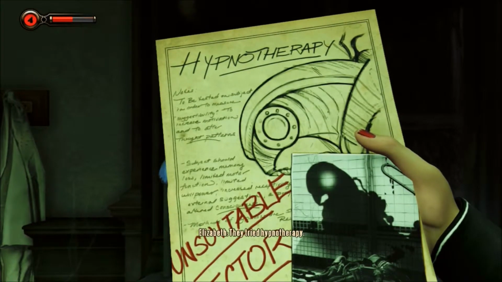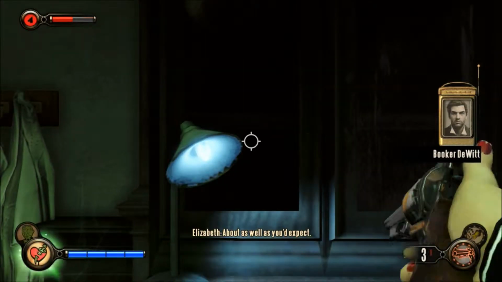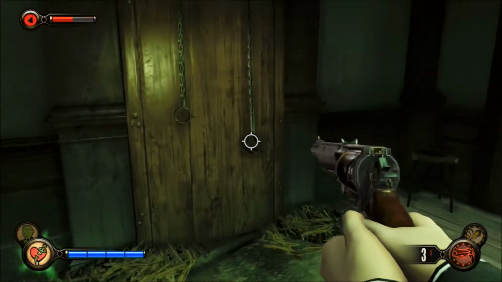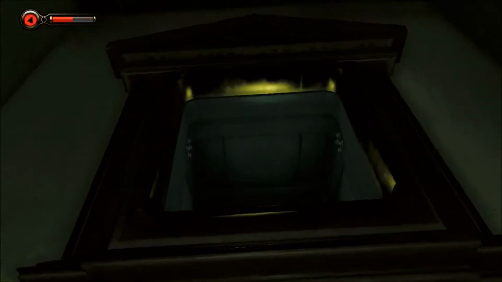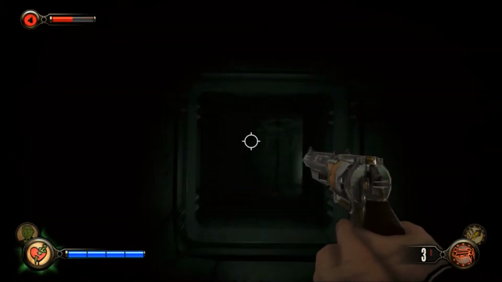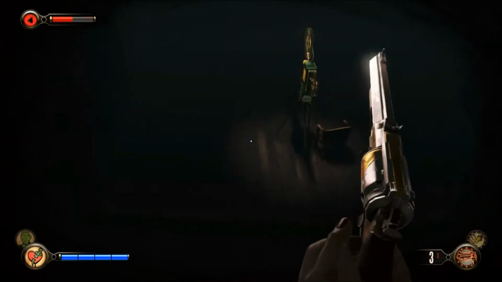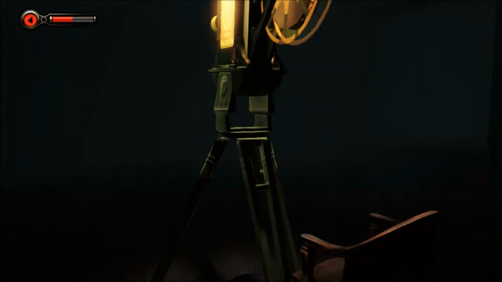I tried hypnotherapy. On the Songbird. How'd that go? About as well as you'd expect. I'm assuming that means not well at all. Got a torture rack. Okay, that's pretty... Fink was a bit of a sadist, wasn't he? Alright, well, let's find out more about this. They've got me interested. I want to see how this works. Because obviously it worked. I mean, obviously Songbird was, in fact, attached to Elizabeth, so...